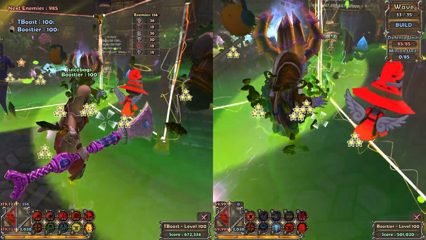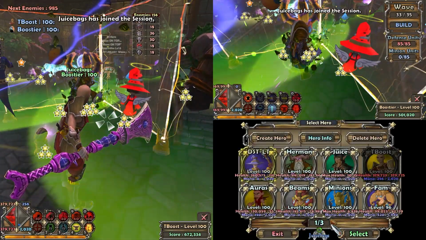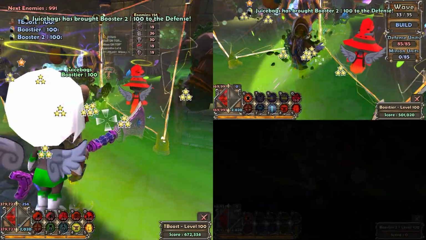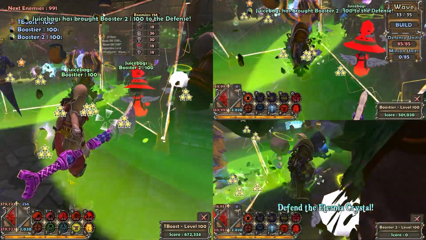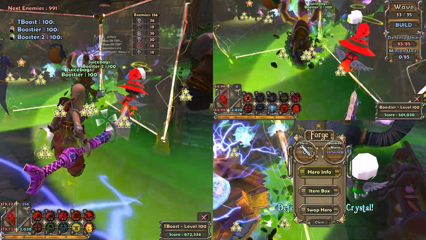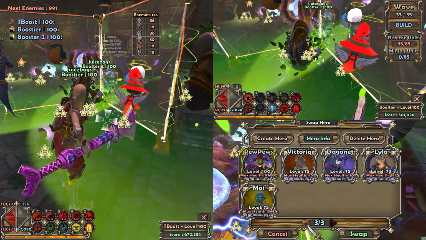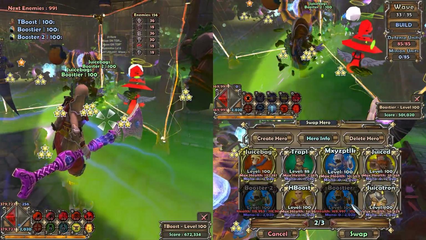But I've got one tower booster with a rate and a power boost, and then another with a rate and a range boost. Of course, I would rather have power and range, I believe, but I don't have another power guardian. Let's see. So this one is going to be...